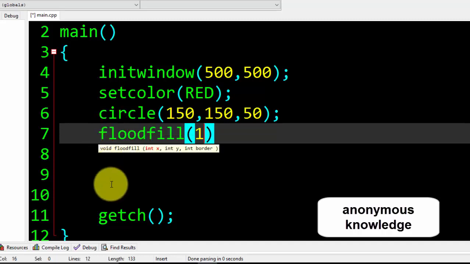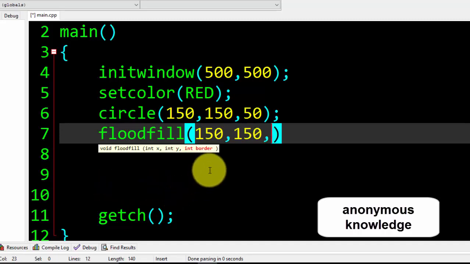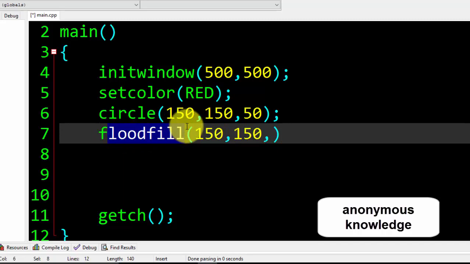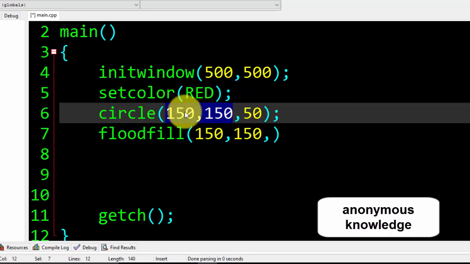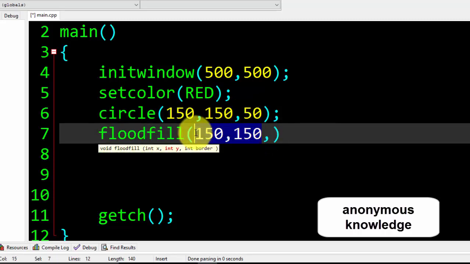One is the x-axis of that shape, which we know is 150, and similarly the other one, the y-axis, is 150. So we have three parameters in the function flood fill.